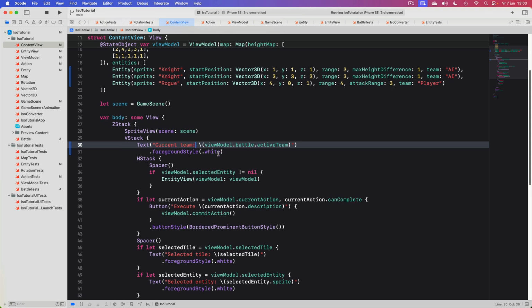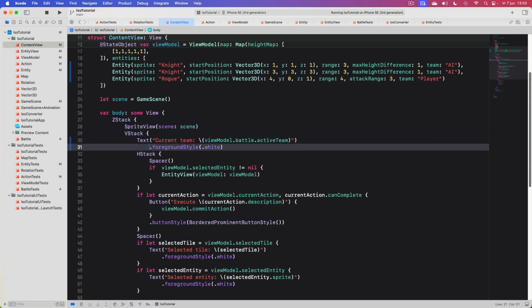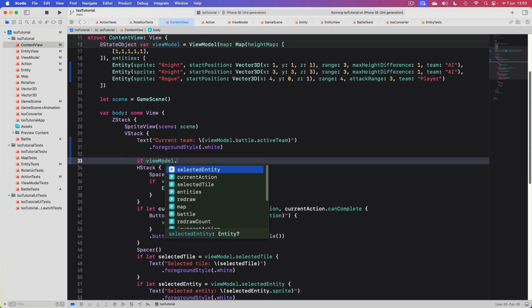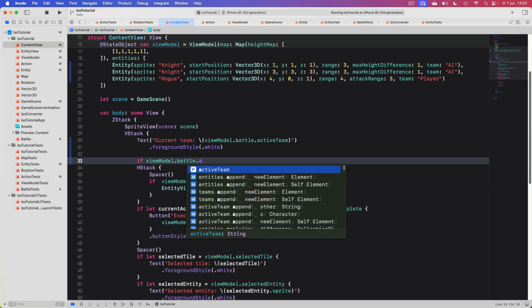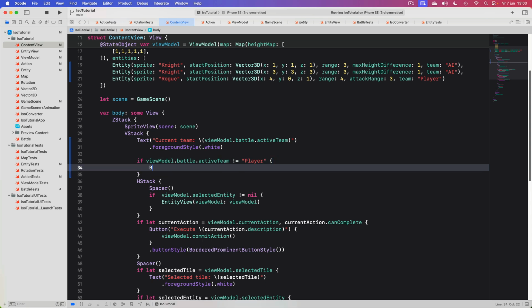In the content view, after the current team, I'm going to say if the view model battle.activeTeam is not the player, then I'm going to create a button, let enemies act,